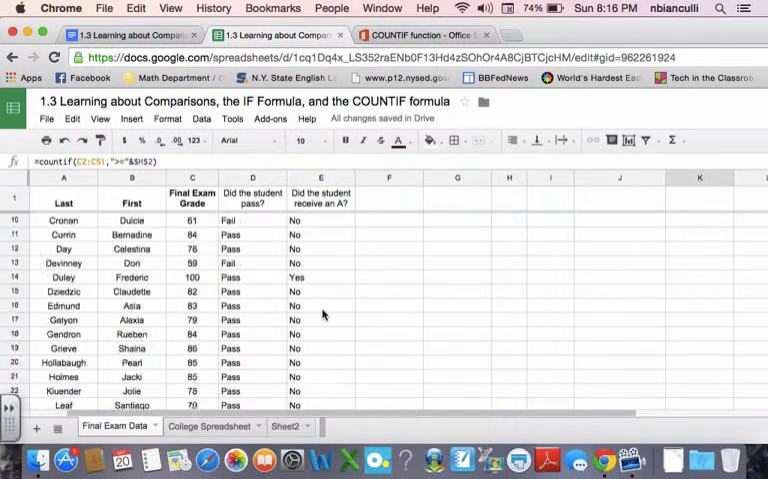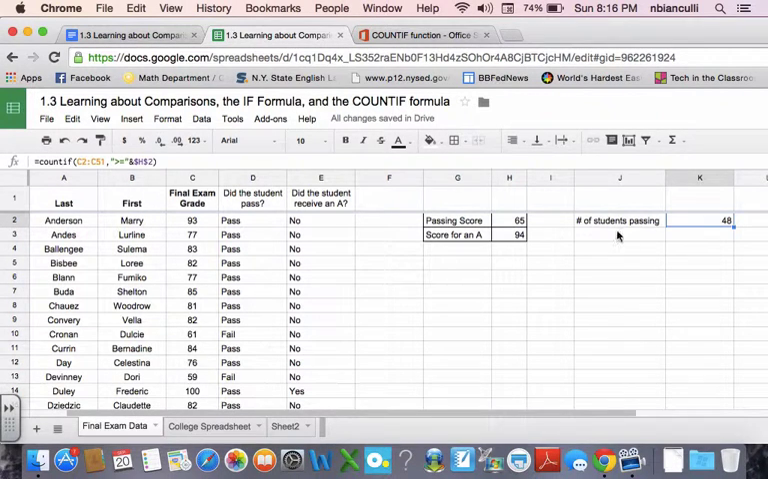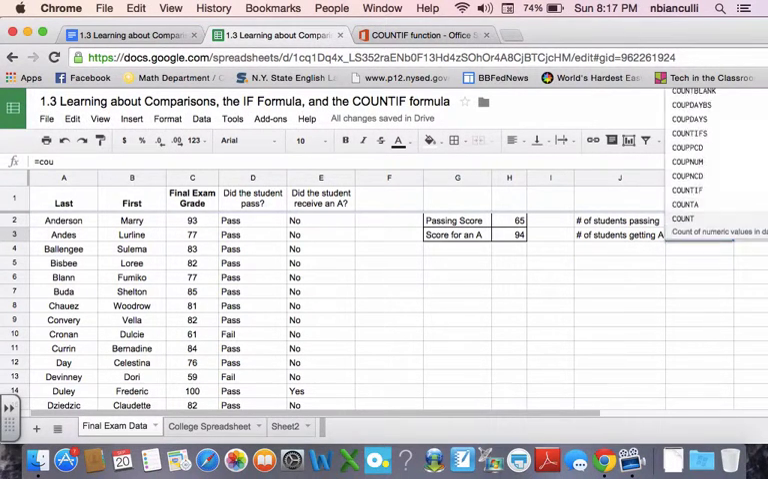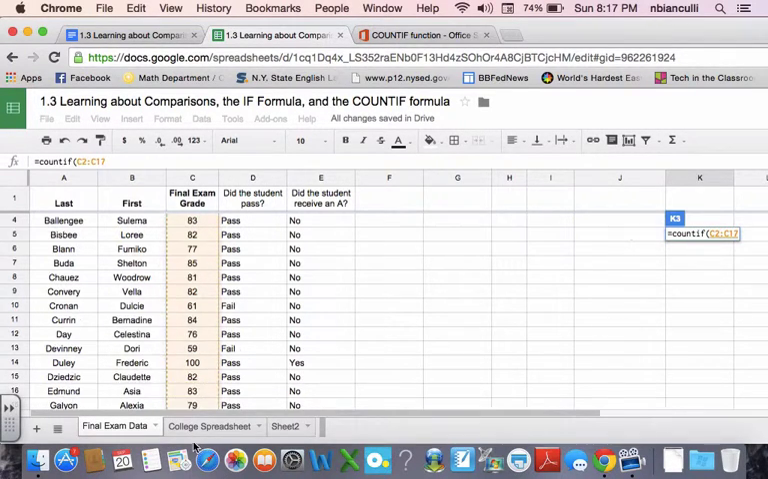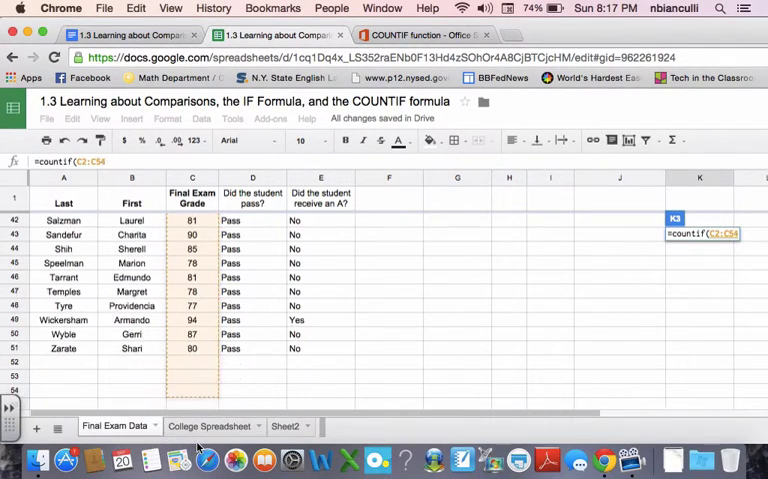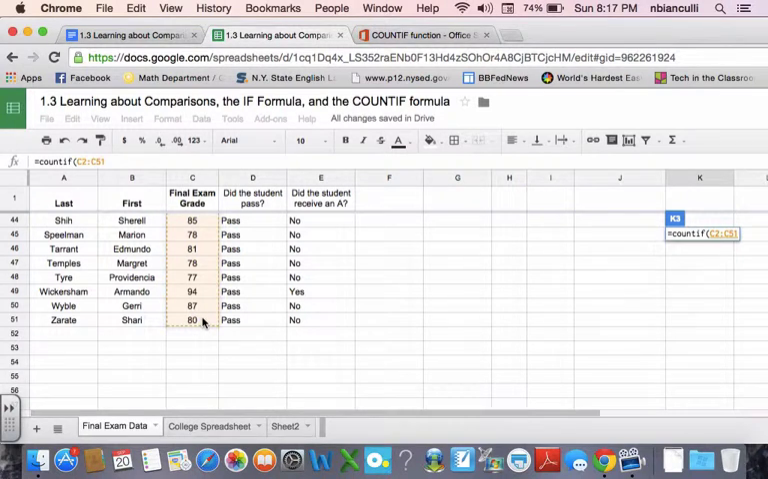I have 50 students here. And then I might say, well, number of students getting an A. So I'm going to write the same formula. It's almost the same formula. COUNTIF. I'm going to select my range again. Select my range, comma. I want to be greater than or equal to, so actually, I'm sorry, I have to use quotes, quote, greater